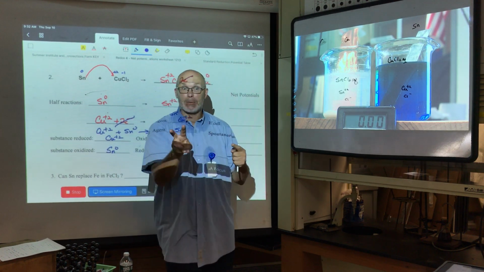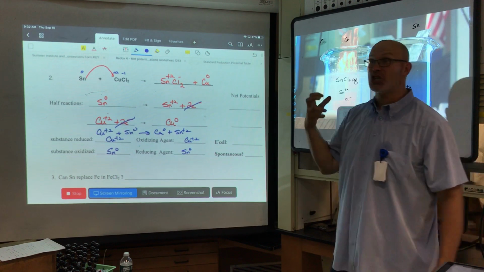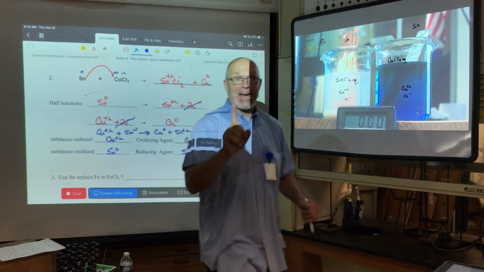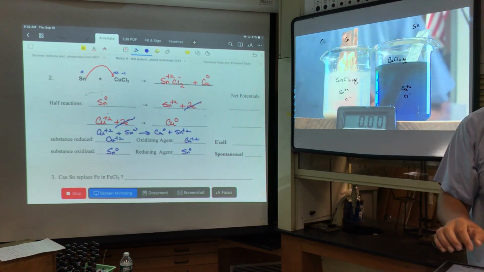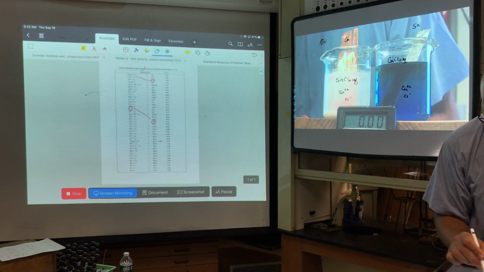That's why we call them net potentials. So we're going to have to go somewhere to look at the strength of the guy holding onto the man purse or the guy who wants it. And that's what the standard reduction potential tables give us. That's where we're going now. Okay, so